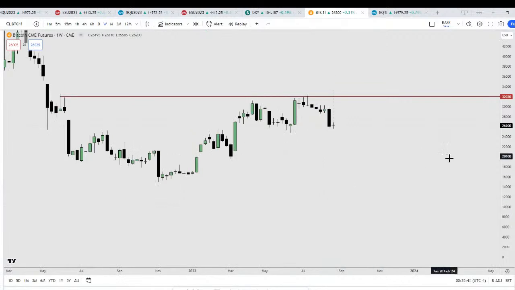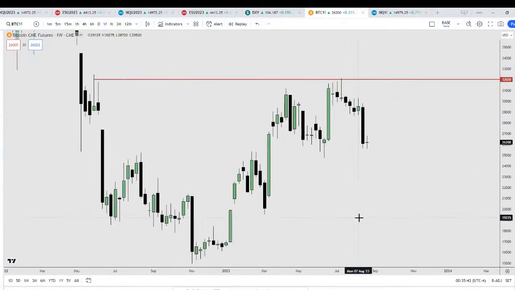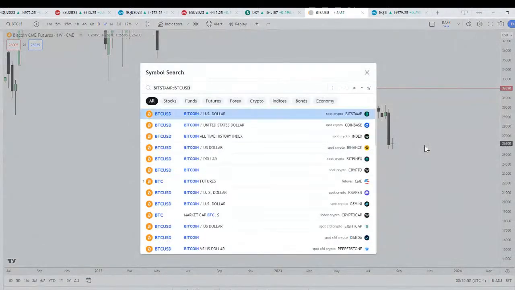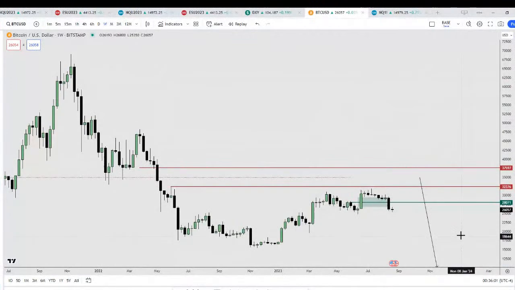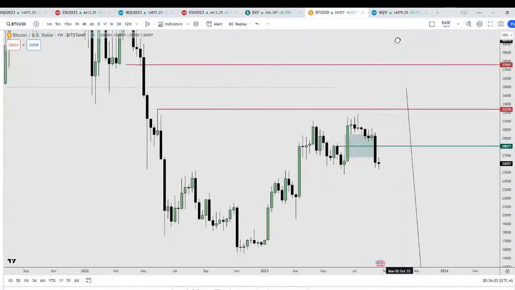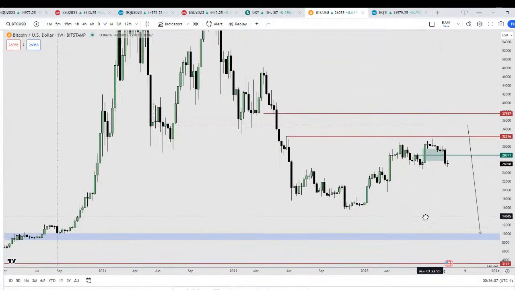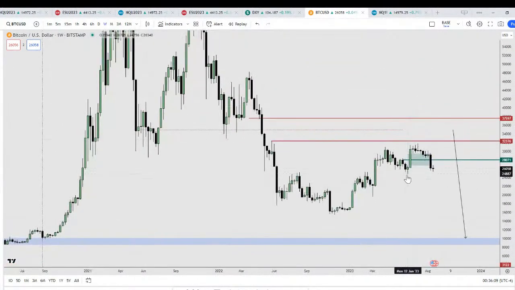If you take a look at the weekly, right? So yeah, doesn't look too good for Bitcoin on the weekly, right? So let's go back to the Bitstamp chart here. Right, so let's see if after it takes out this low and it goes up,